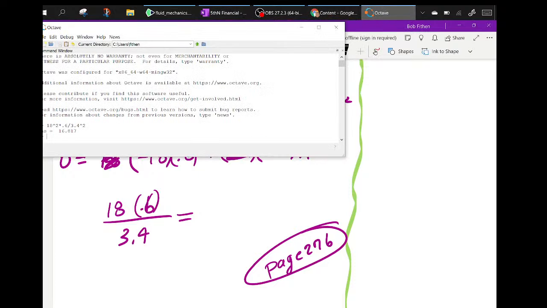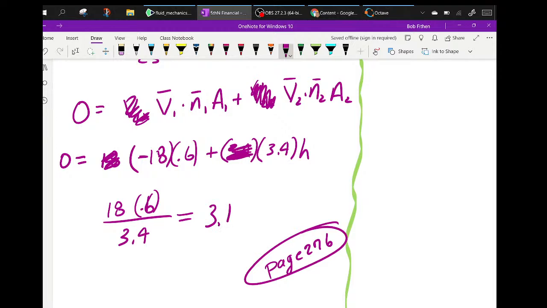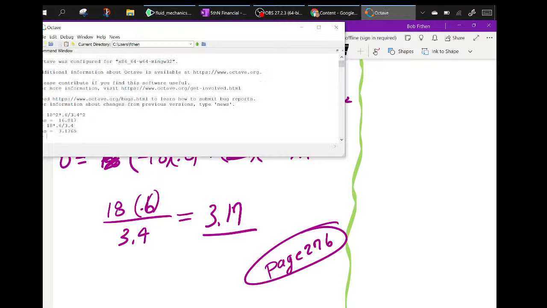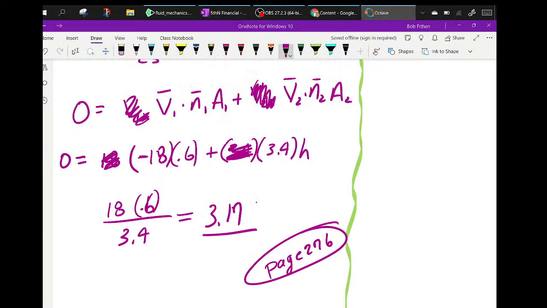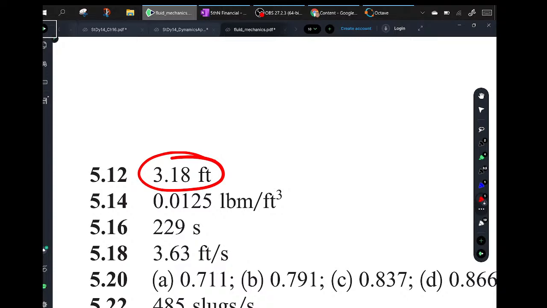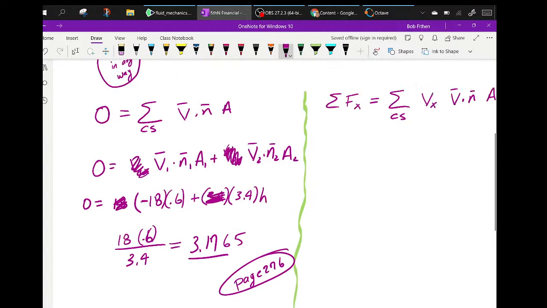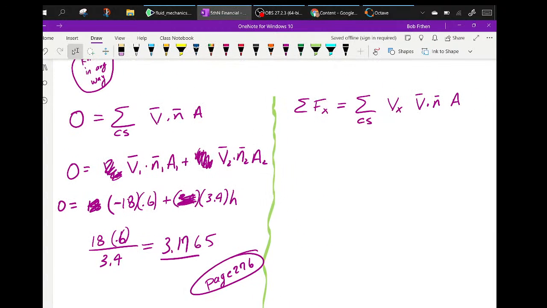Let's go back here. And there you go. 3.17. Wait a minute. 65. That's what I get. He, on the other hand, oh, okay, 3.8. So, okay, that I apologize for. But